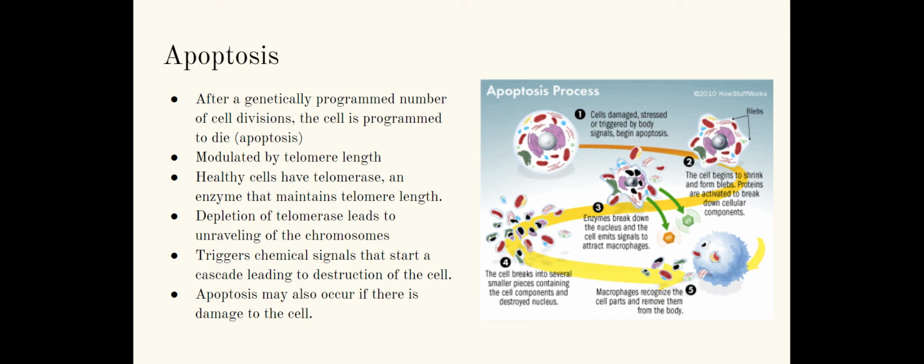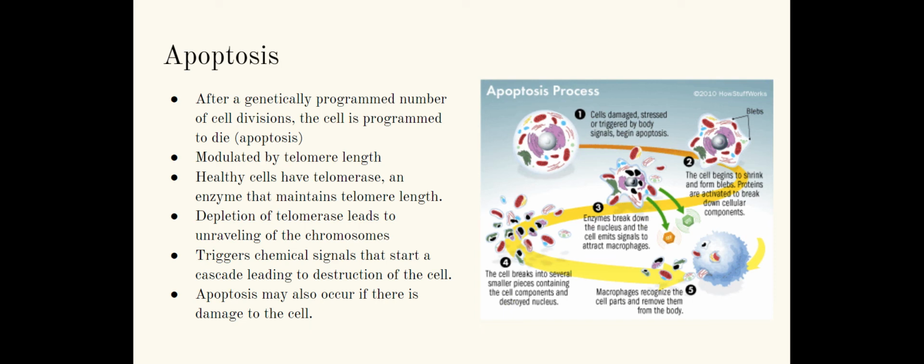Telomeres, those little caps, like the shoelace caps. I did find the name for them, by the way. It's called an aglet. Those caps keep the chromosomes from unraveling. And the telomeres are maintained by an enzyme called telomerase. And that maintains the telomere length. Depletion of telomerase leads to unraveling of the chromosomes, which starts a whole cascade of things that you do not